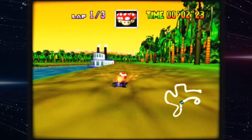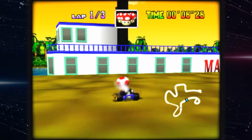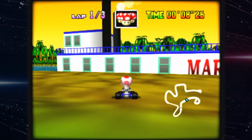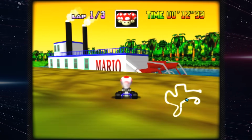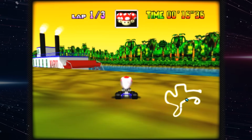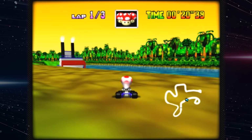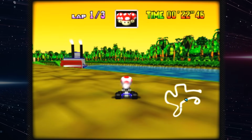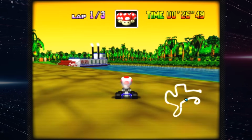Here's perhaps an unexpected location, and it's not Donkey Kong's Jungle Parkway as a whole. It doesn't really fit the category of comfy places. I suppose it does, though. Watching Mario's steamboat go by is actually pretty cool. I do love it. I always pondered what it'd be like to catch a ride on Mario's steamboat here on